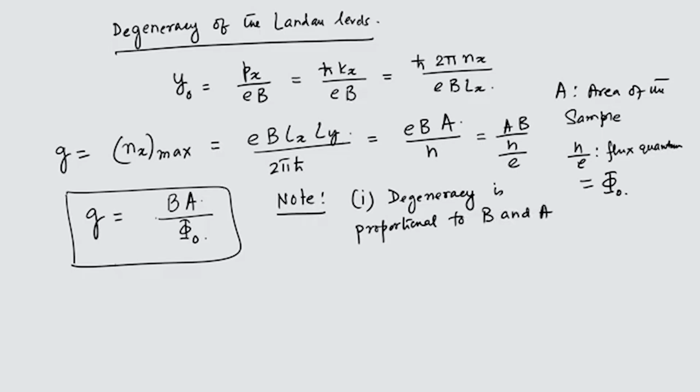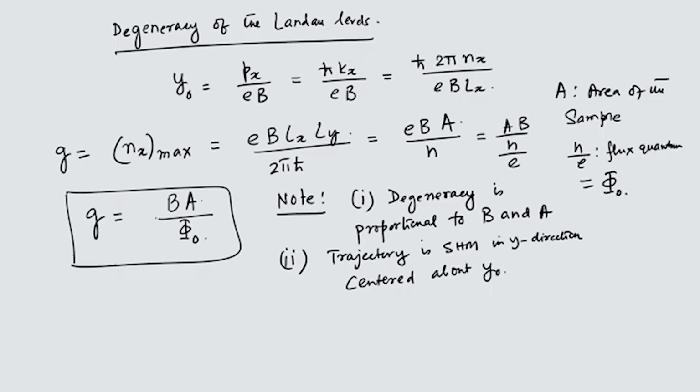I told you B is the magnetic field and A is the area, and the second is that the trajectory is centered about some y0, is SHM in the y direction and centered about y0. So, these are two very important outcomes of this exercise that we have done, that is, we have solved a